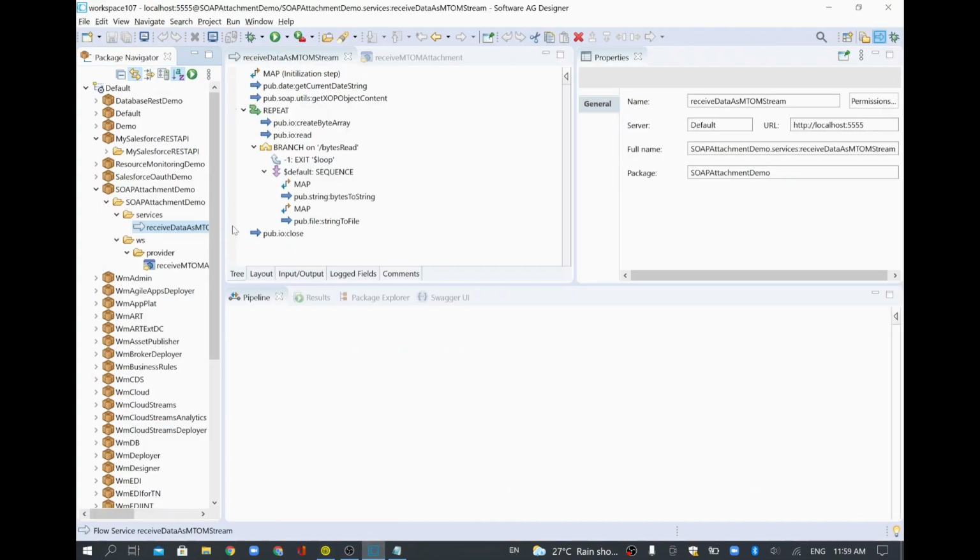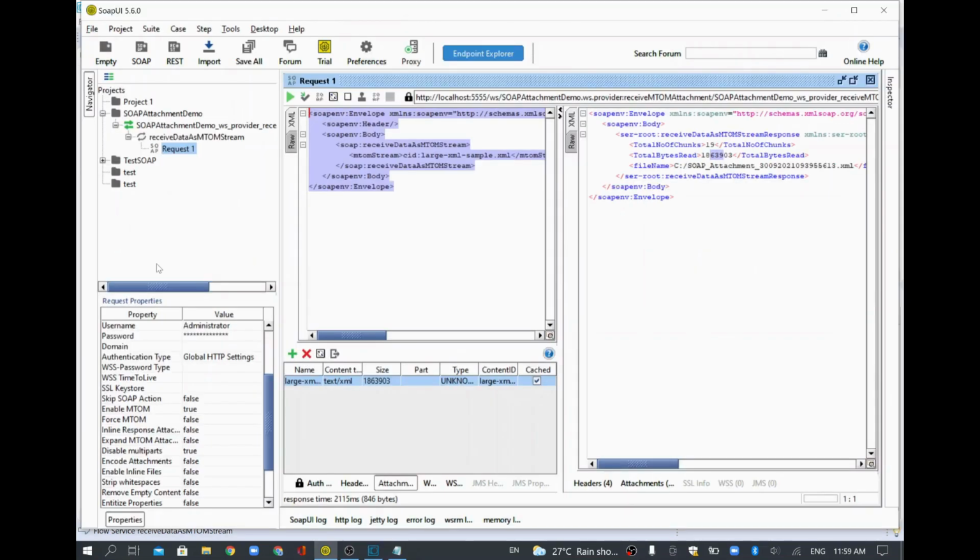In order to do that, we need a consumer. Whatever we did earlier, we were acting as a provider. We are the service, receiving a stream, accepting it as a stream, and then writing it into our file system. Now whatever I did from SOAP UI, we consume the data and send the data.